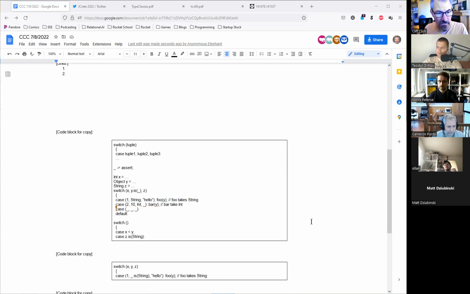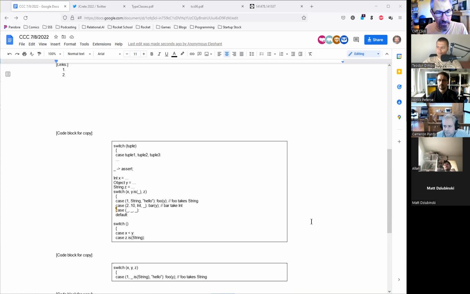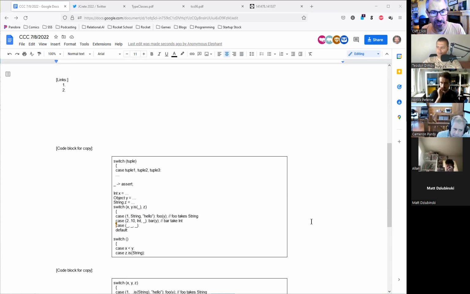So anyway, mostly you put the is test in the switch, which forced every case to have a class that you're owning, a type in this case. And then for the X's you have integers, and then for Z, which is a string, because you don't put an is on the Z there. What do you do with